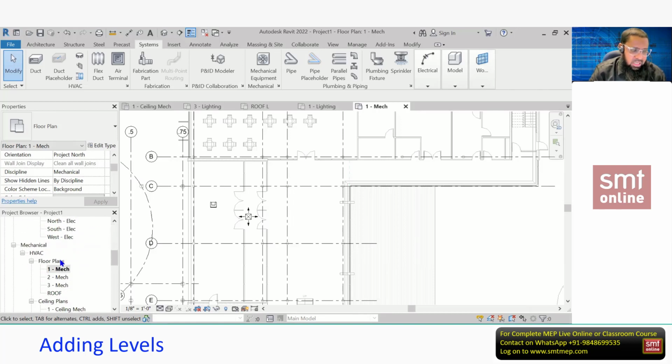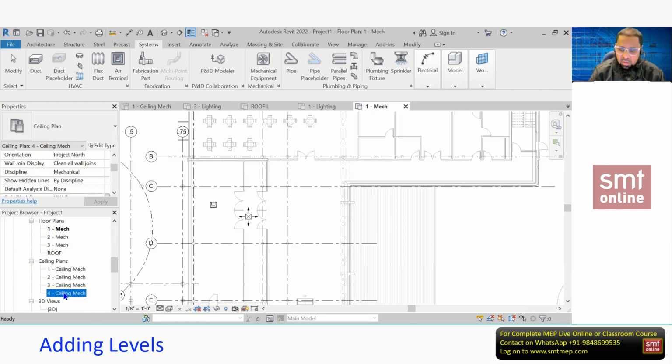This time, ceiling plan. In the ceiling plan, I want this 3 ceiling and 4 ceiling in electrical also. So what I'm going to do now, I'm going to select this 3 ceiling, holding the control key because it is multiple, and I'm selecting this 4 ceiling mech. Here, I'm interested to share one shortcut also. If you want, you can make a note. For example, if you want to select all of this in one step, simply select the first. This is a shortcut. You can make a note.